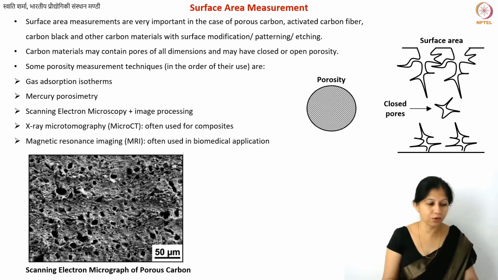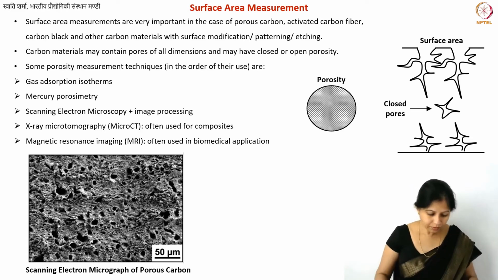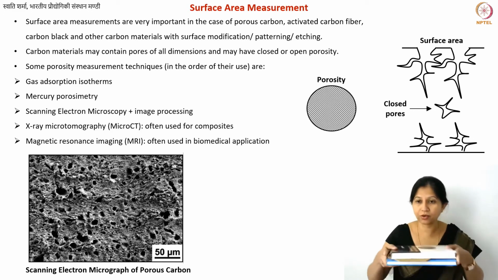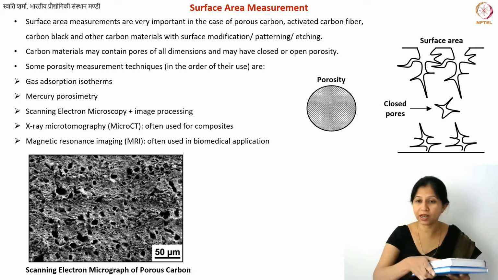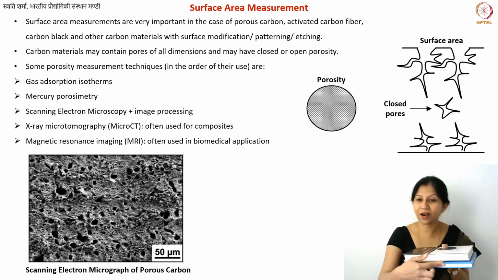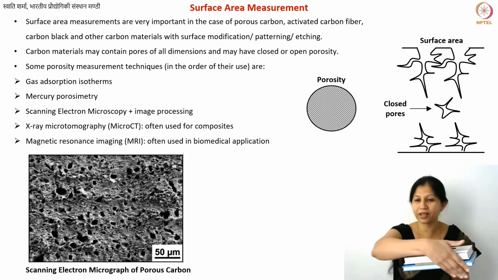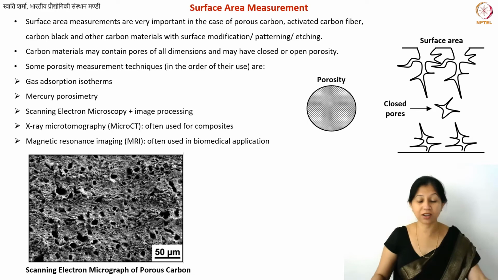So what you can do is take some rigid material, for example, a silicon wafer. You can take two silicon wafers and sandwich your thin film between them. Then you can cut it with a diamond saw, and then take the cross-sectional image. So this is a little trick you can use.